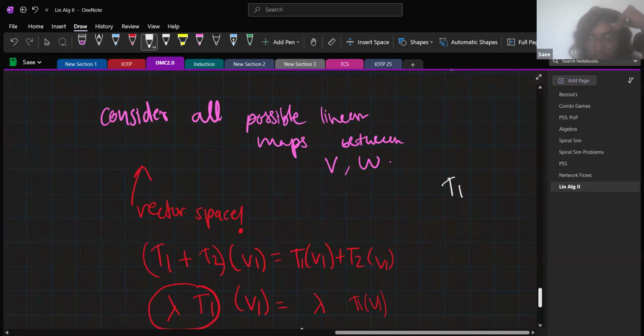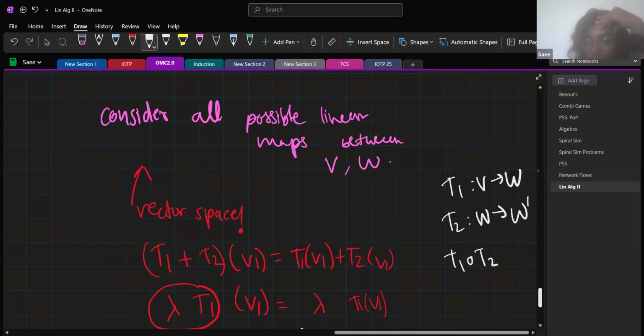If you have two linear maps, T1 from V to W, and T2 from W to some other space W prime, then my claim is that T2 composed with T1 means you take an input,